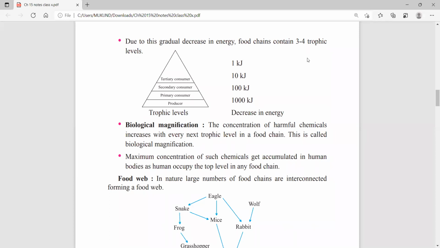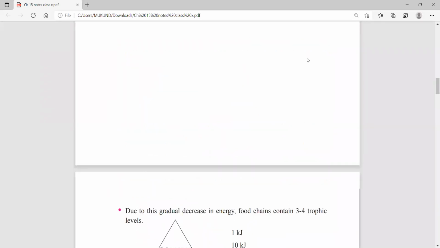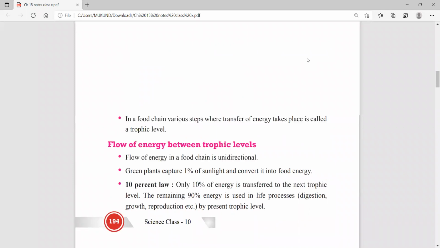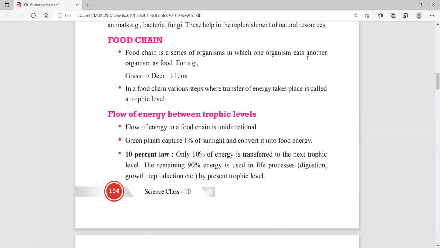10%. So this leads to the 10% law. Very important question again. What is the 10% law? Yes, show the previous page, son; the 10% law is at the end. What is the 10% law? Nature has observed that when energy is transferred from one trophic level to the next, 90% of the energy is used in life processes, that is digestion, growth, regrowth, and